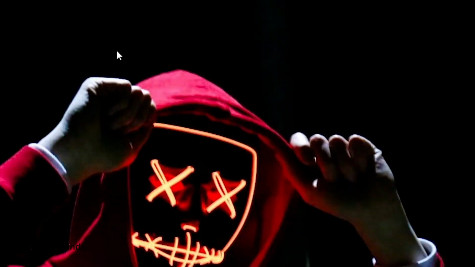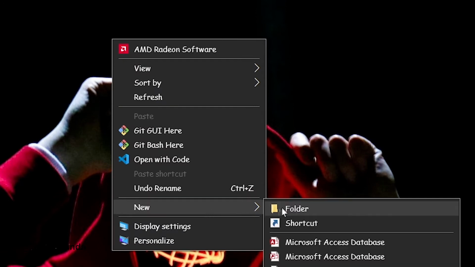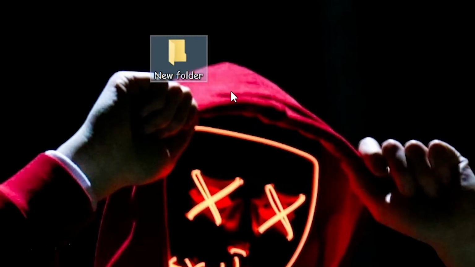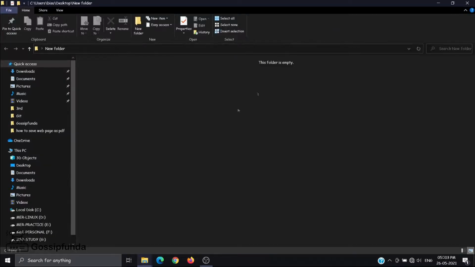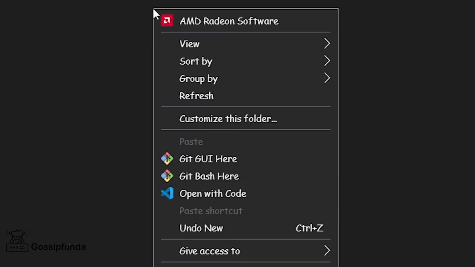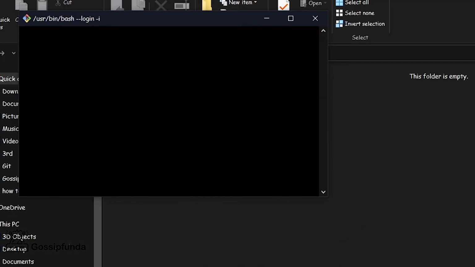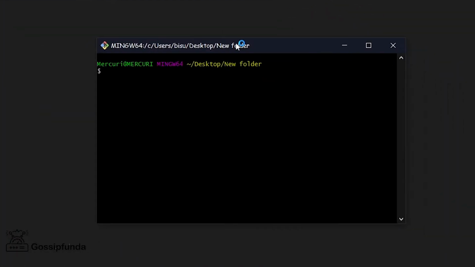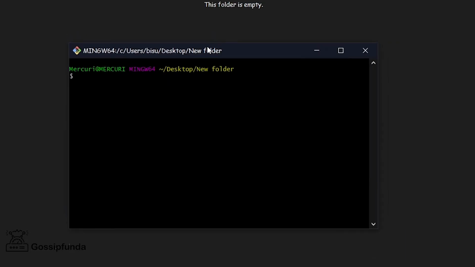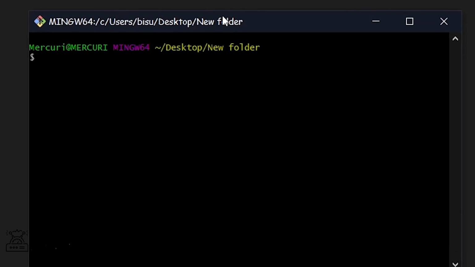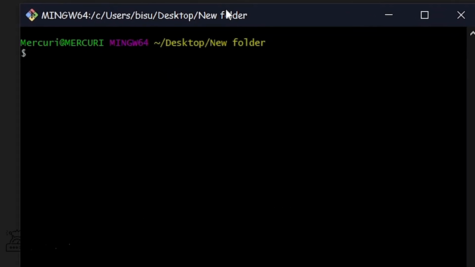So first, create a new folder and go into it. Here, right-click and open Git Bash here. Now the point is how we start our Git. First, in the previous video, we saw git